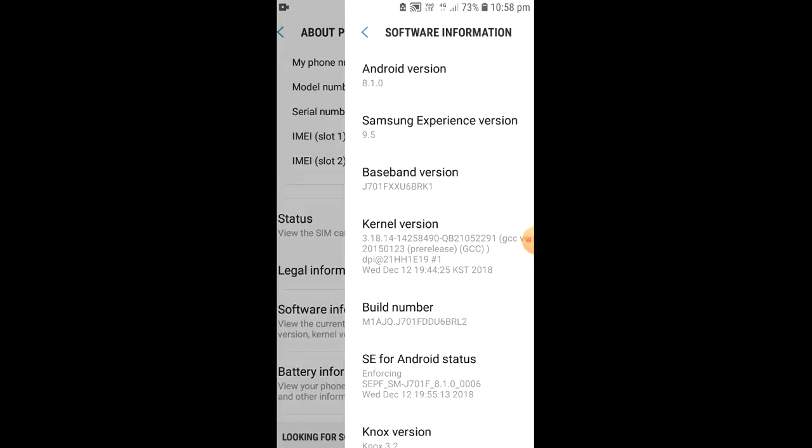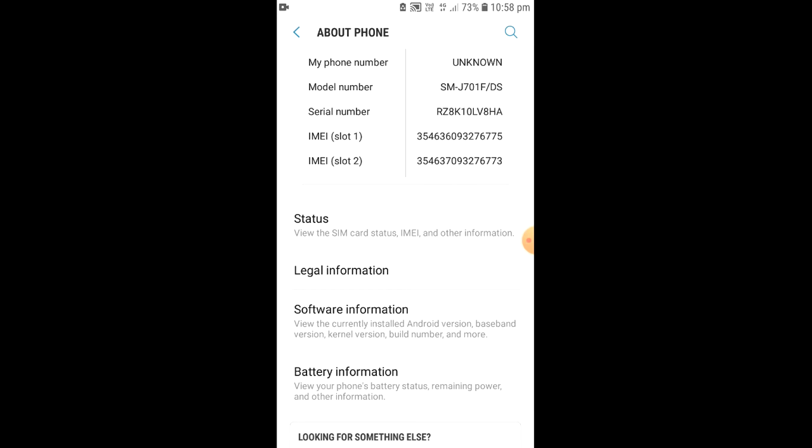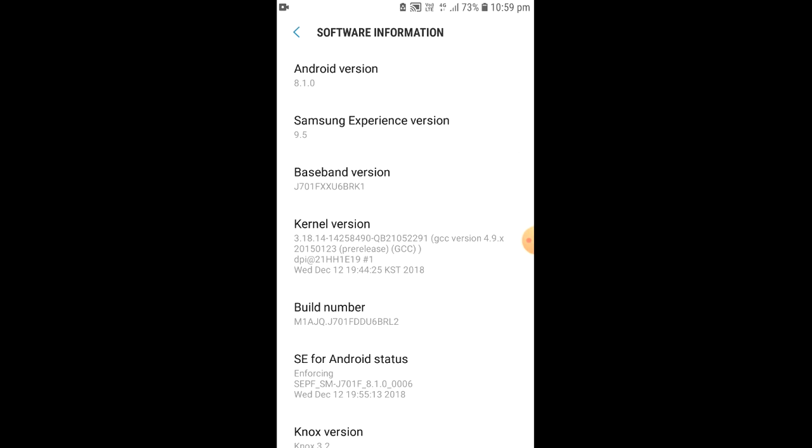In my phone, I find the build number inside the software information. I don't know in which folder it is displayed on your phone, so just search for the build number inside your About phone. That is a simple technique to find the build number.